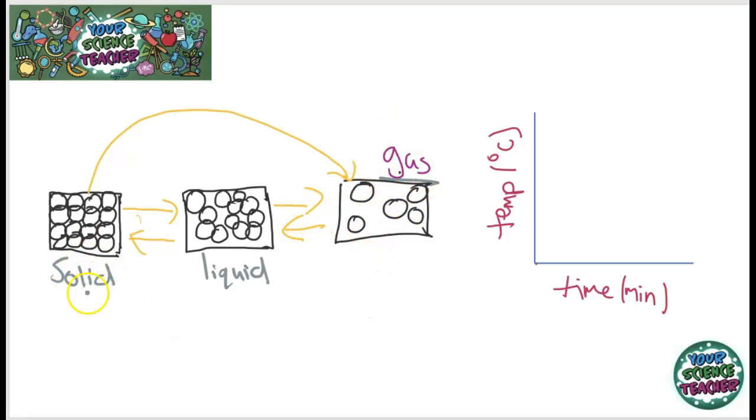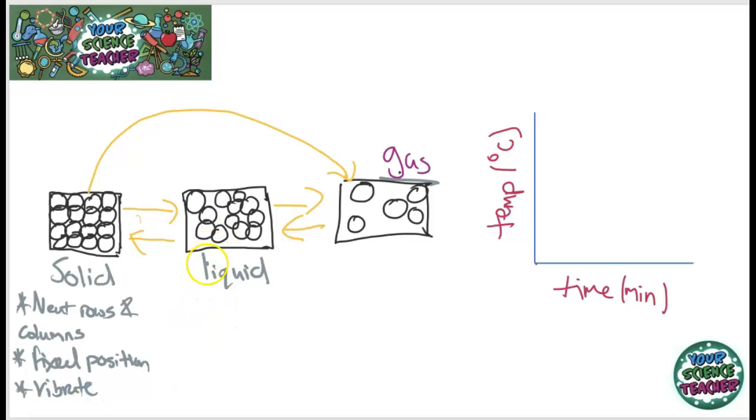So let's have a look at the 3 states of matter and how the particles are arranged in each of them. If we look at the solid, they are all in neat rows and columns. And the particles can't move, they are in a fixed position. This means even if I heat them, they will not move, they can just vibrate when heated.